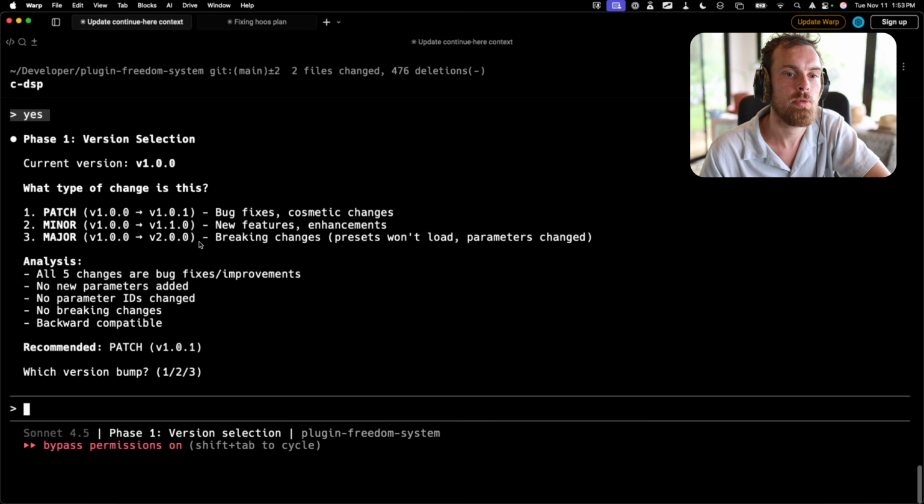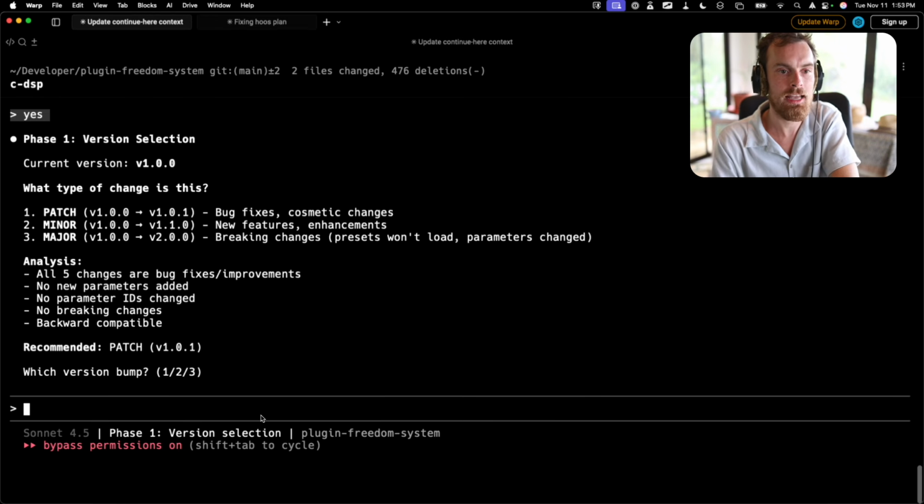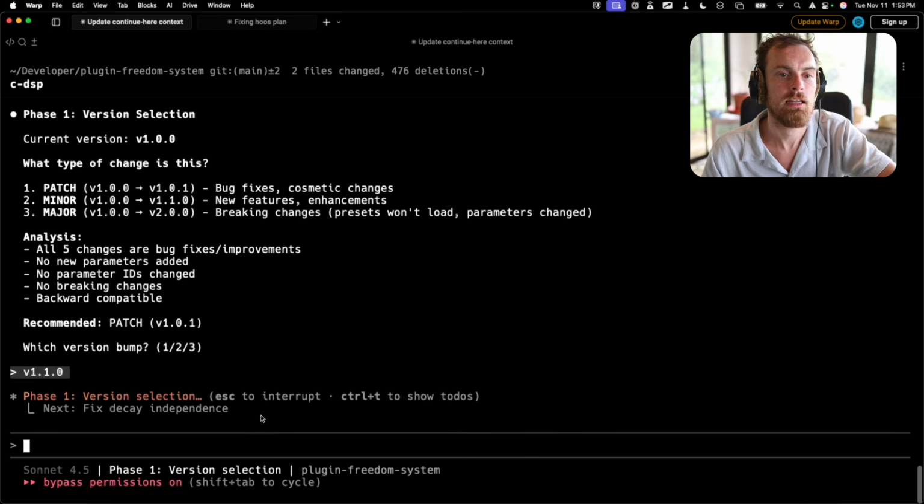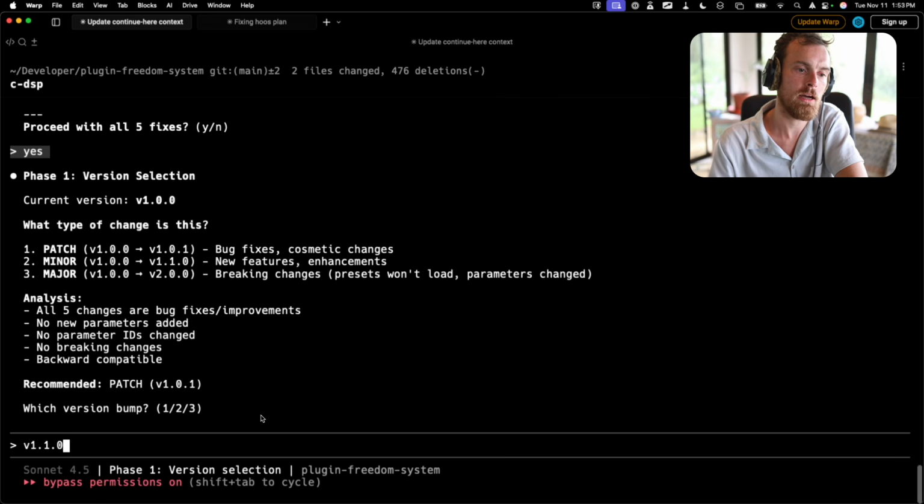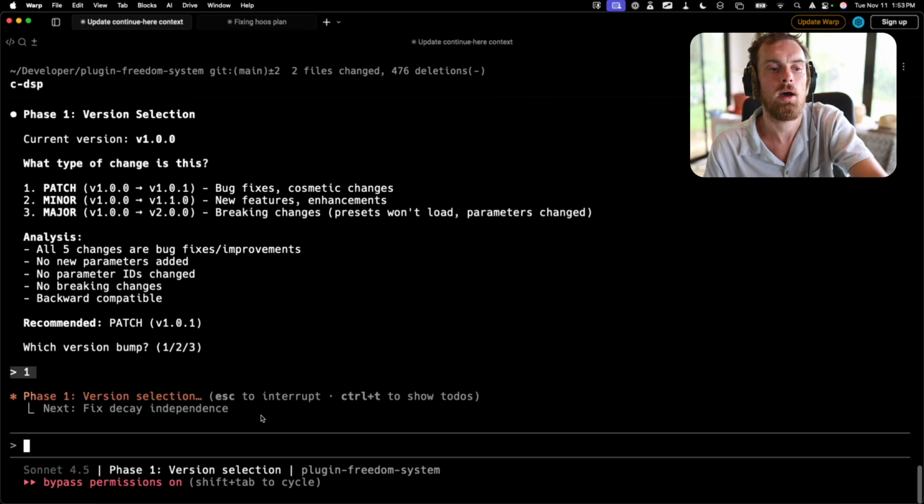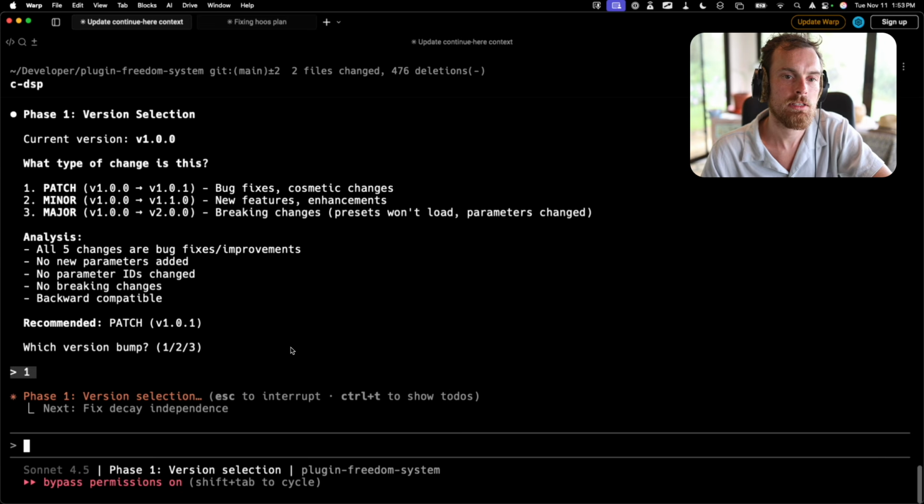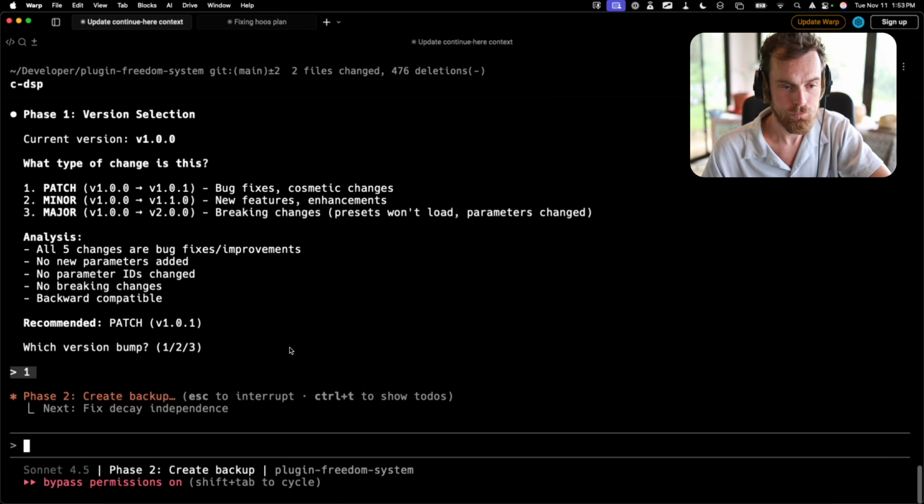It's a 0.1. I'm going to say V1.10. 1.10, because this is actually an enhancement. Actually, no, let's just go with what it says. I'm not a coder. I don't necessarily understand. We'll do V1.01. So we'll do 1. Boom. And you're going to see what this is going to do quite nicely is it's then going to create